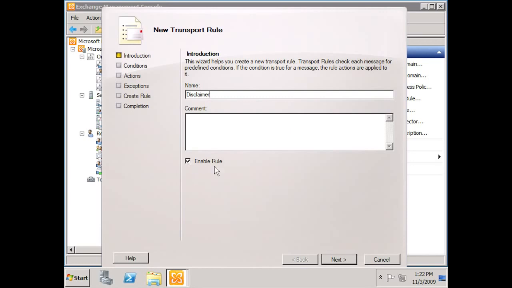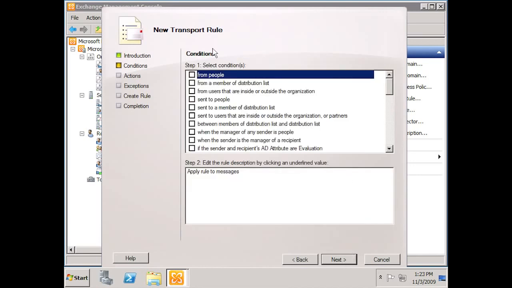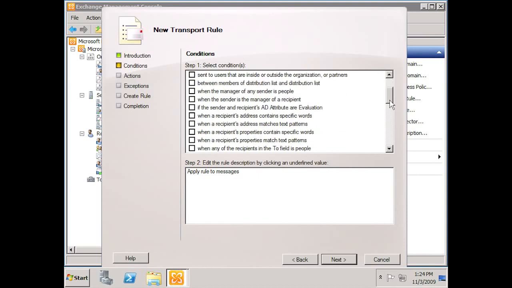By leaving this enabled, as soon as we create the rule, it's going to go into effect. So that's completely up to you. If you need to keep a rule, let's say, offline, you can deselect the little checkbox here. So we click Next. And here you can see the conditions and look at all of the different conditions